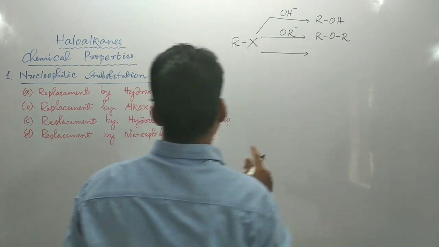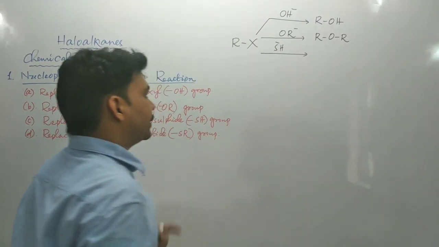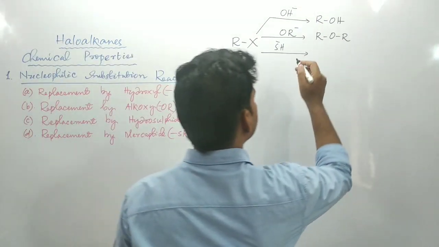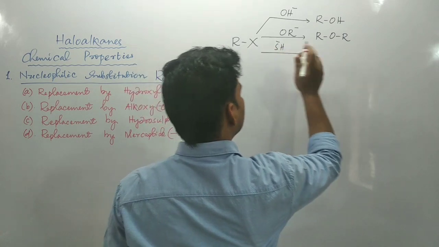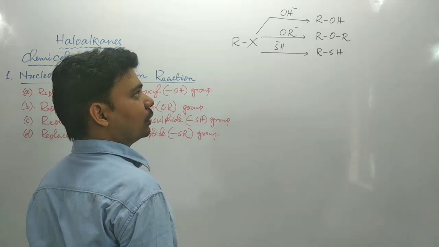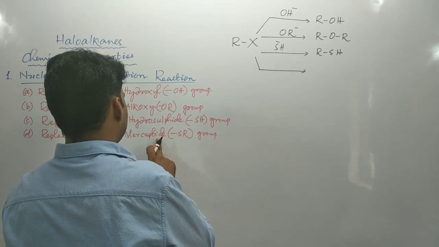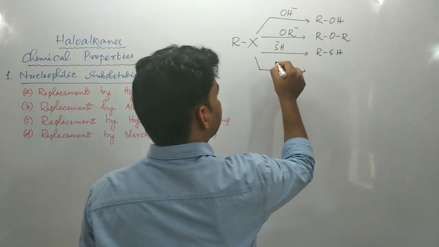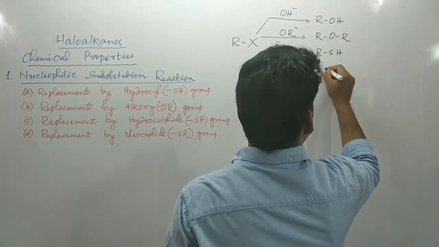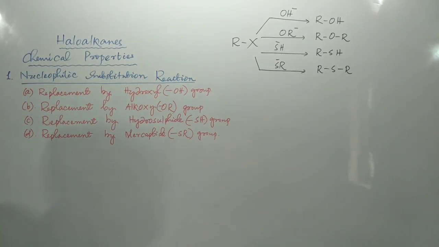In the third example where the nucleophile was hydrosulfide ion, in order to get hydrosulfide we can take potassium hydrosulfide or sodium hydrosulfide solution. Then this nucleophile will substitute this halogen so that we could get RSH. This is mercaptan or thiol. And if we provide mercaptide ion, SR minus, then the product obtained is thioether. Okay, these 4 reactions have been discussed.